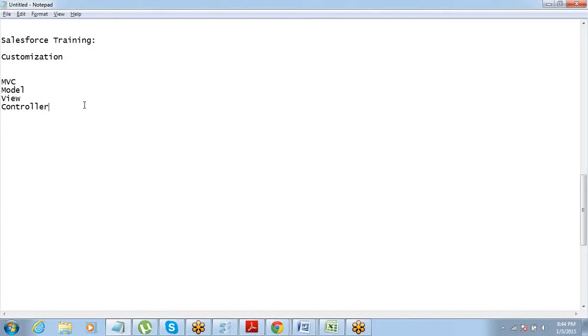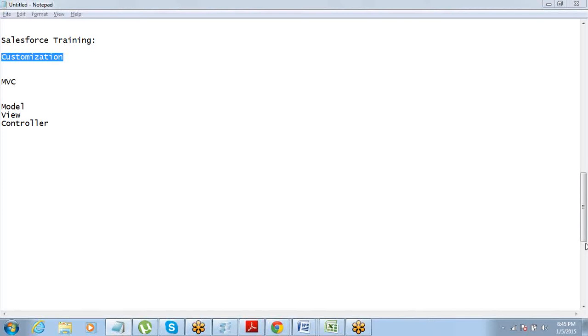Thanks a lot. Yeah. So as rightly said, model view controller. These are three different components of the framework. Where model is the backend database, view is the user interface, the front end view that people get to see, and controller is the controlling logic, right? So when we talk about customization, customization is required on every level, right? Because there are three components, there are three layers. So you will need to customize everything, right?